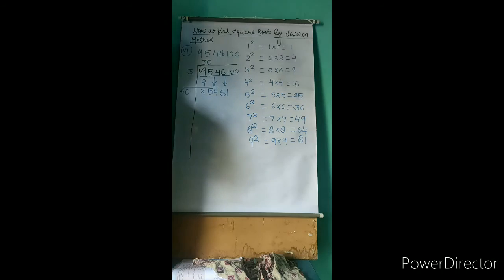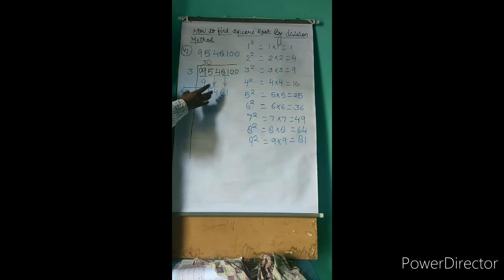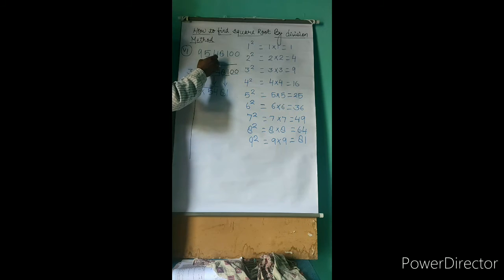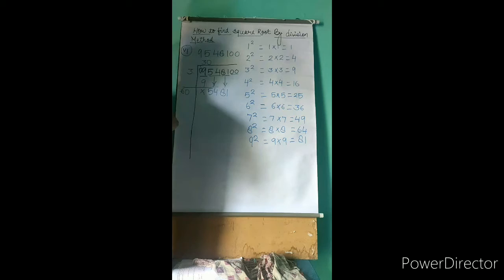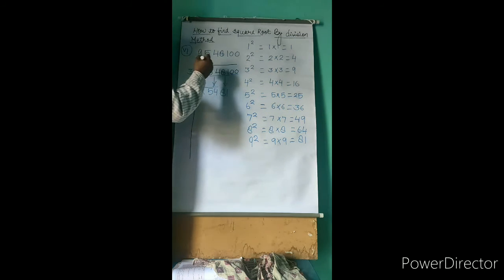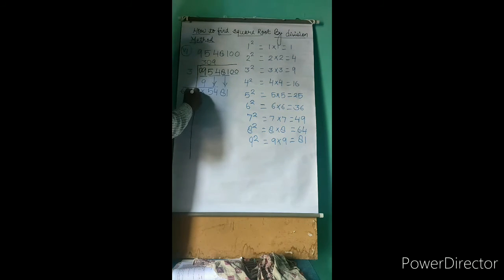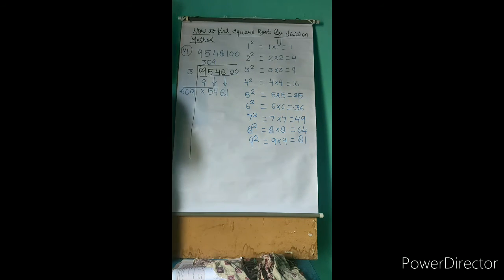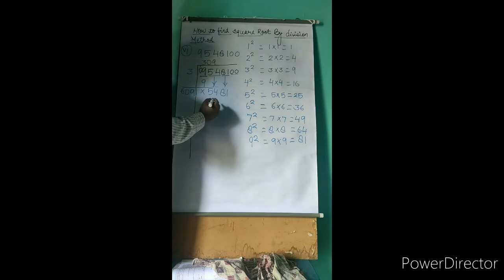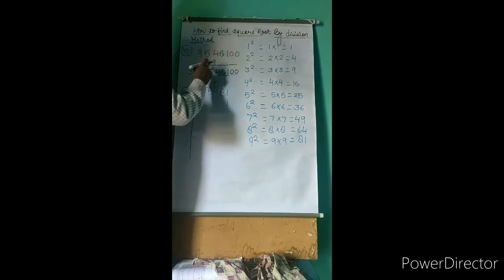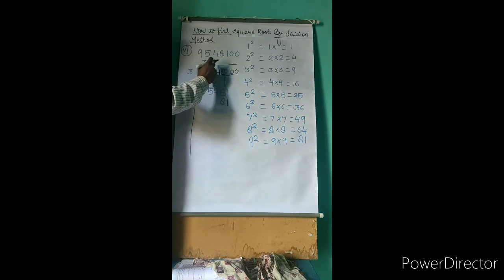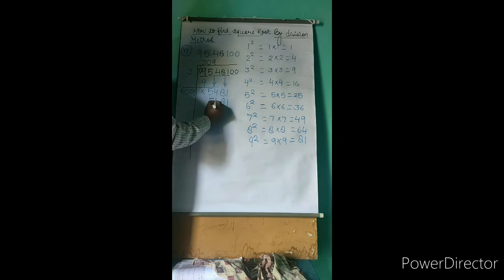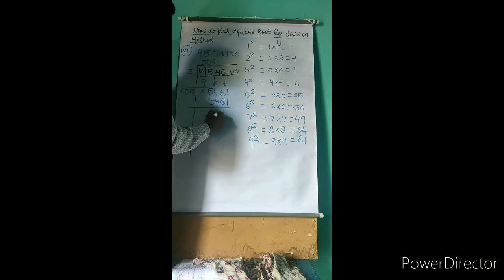Now think which number you can place here, so that the product of this 3-digit number along with that digit comes to 5481. So see, I will place 9 here, because 9 9s are 81. At least we will get 1 at the ones place. So if you multiply 9, 9 9s are 81, 9 0 is 0 plus 8, 9 6s are 54. So here we got it exact.